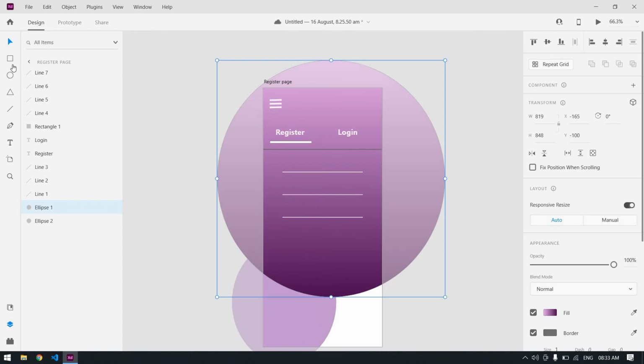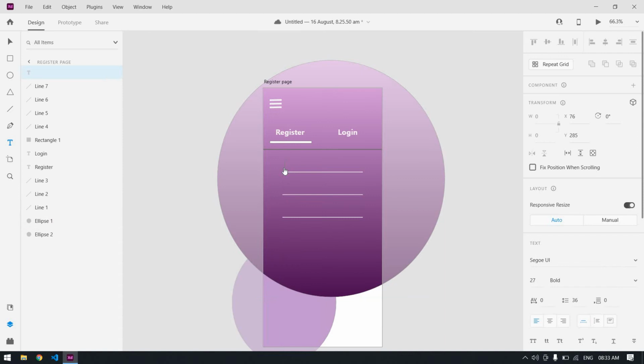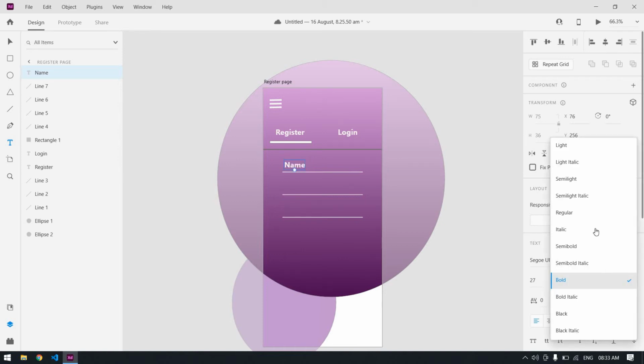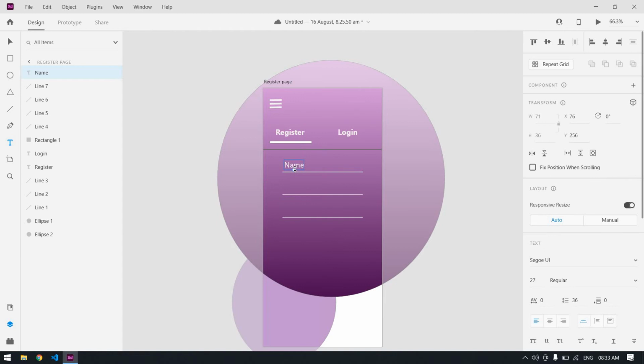Okay, this is email, right? Sorry, this is name. Change the bold into a regular. I'm going to duplicate this. Duplicated the name.